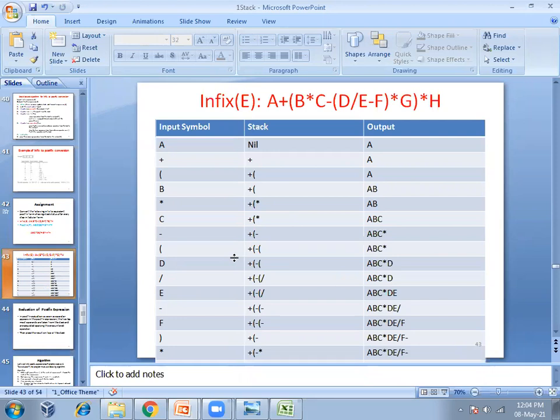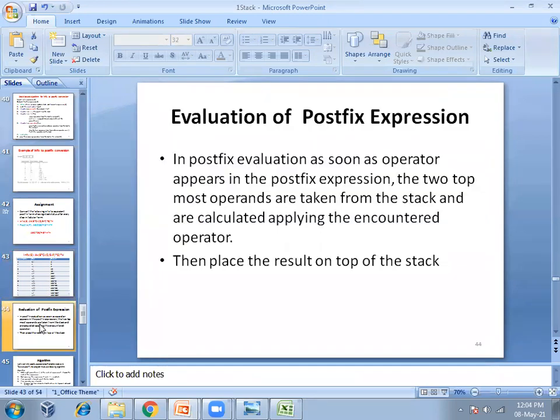Okay. So this is all about how we can convert from the infix to the equivalent postfix expression. So I'm moving to the next content, that is evaluation of